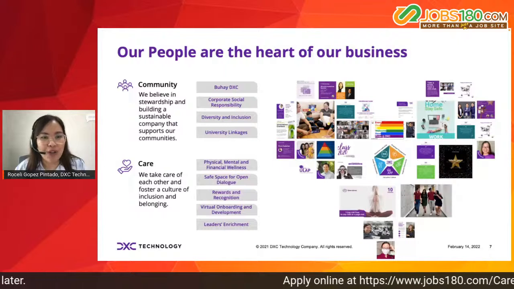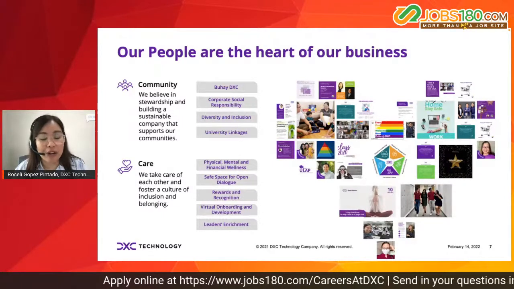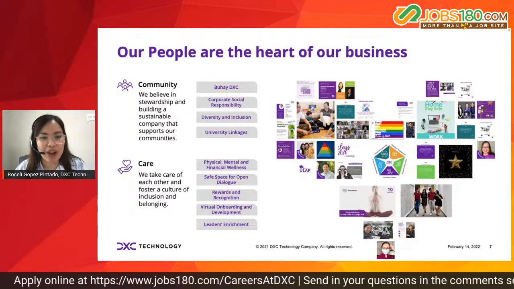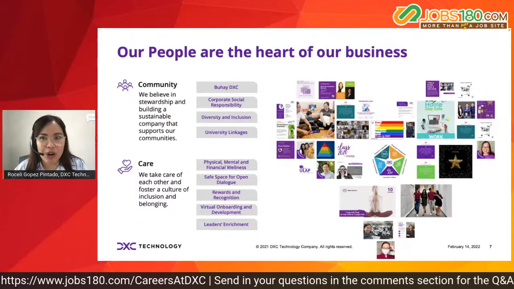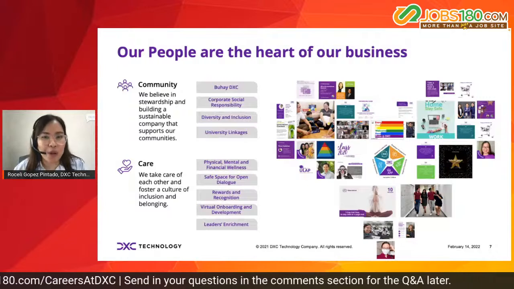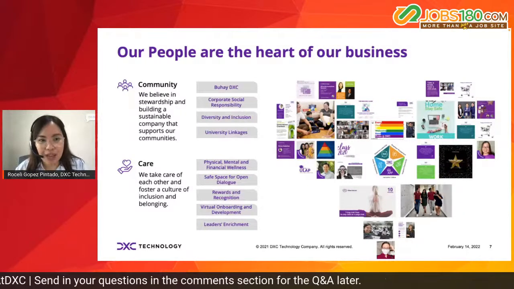There's also a lot of focus on rewards and recognition, recognizing people and teams who have done a great job, and really encouraging them to keep growing more, doing better. And then lastly,